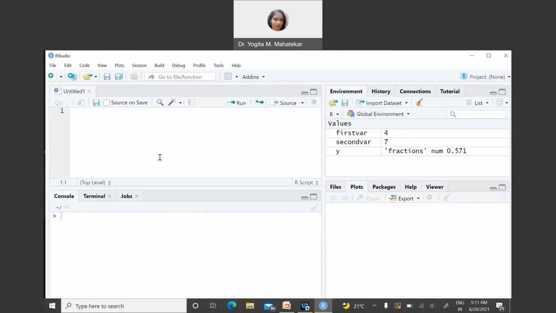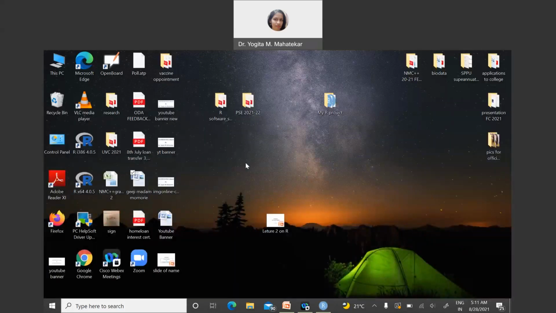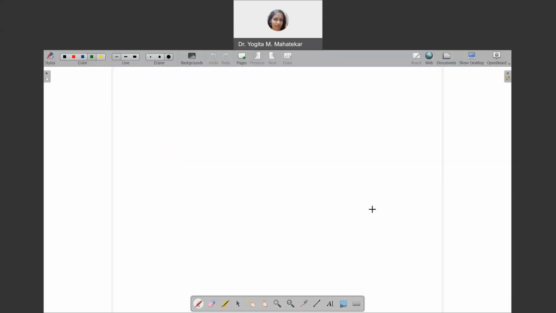Let us first of all see the different windows that are displayed in RStudio. It can be a kind of repetition, but in short, I will tell you again. Let me open my open board.